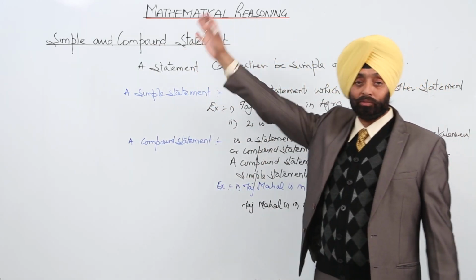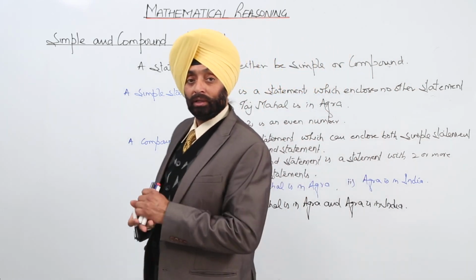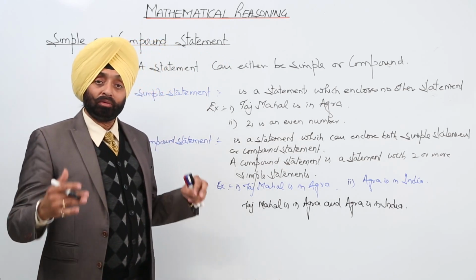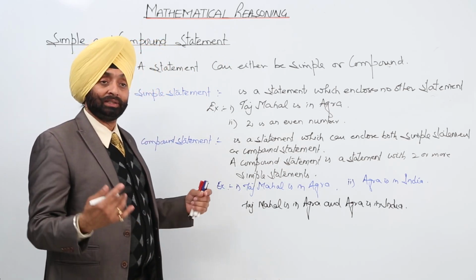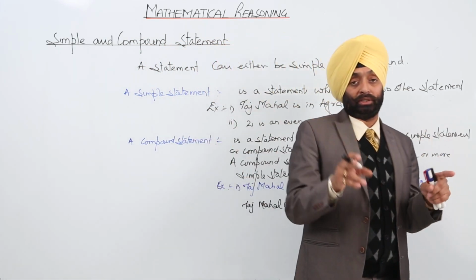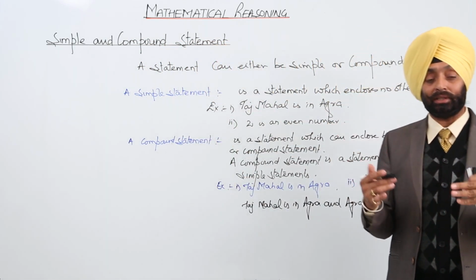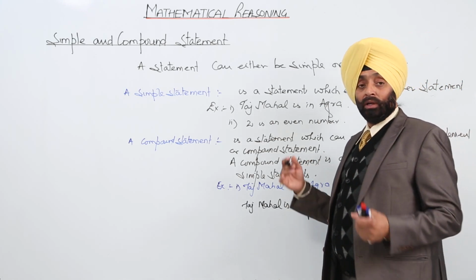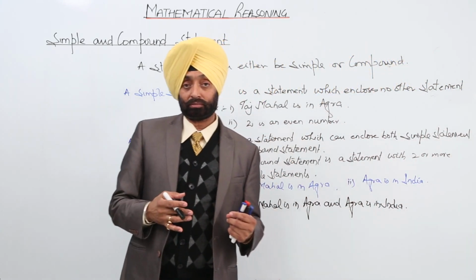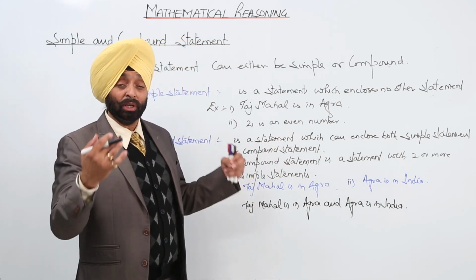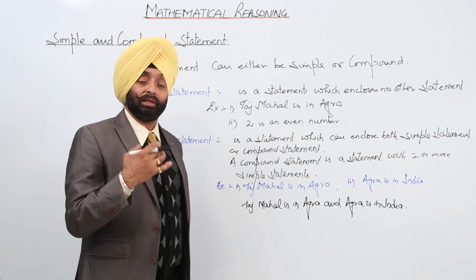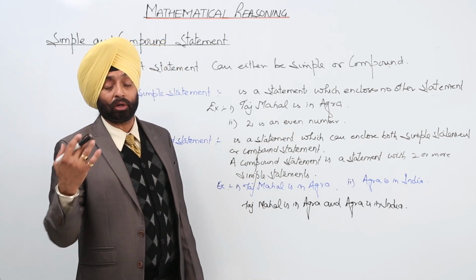These two are separate simple sentences which show two different senses. Taj Mahal is in Agra, okay, got it. Second is Agra is in India, right? Now when we combine them, we can say Taj Mahal is in Agra and Agra is in India. It can mean any sense. We can also write it as Agra is famous for Taj Mahal, which is in India. Like this, the sense should be the same. So when a number of sentences are combined to form a new sentence, that is called a compound sentence.